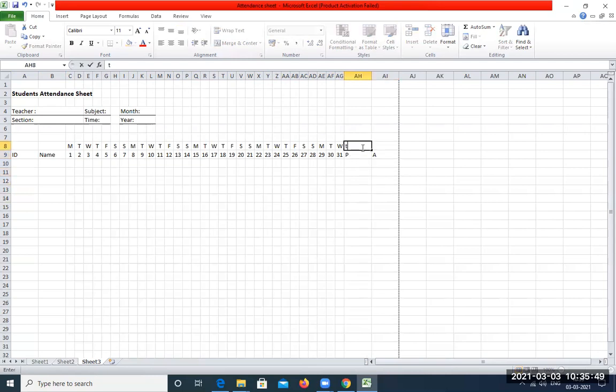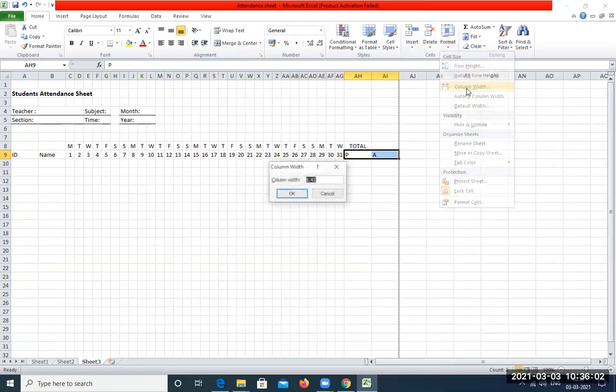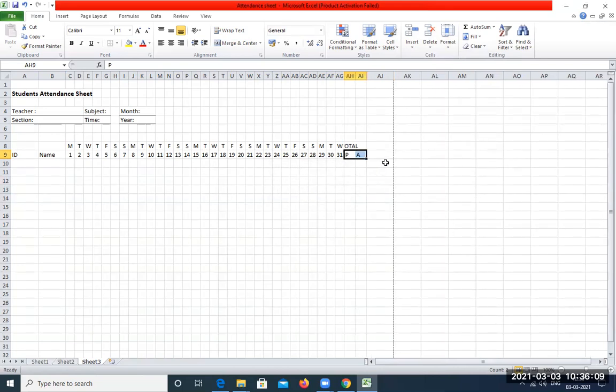And here we shall write total. So we need the adjustment even for these two, right? So we are going to again go to format, click on column width. Let us make it 3 since we have space here.